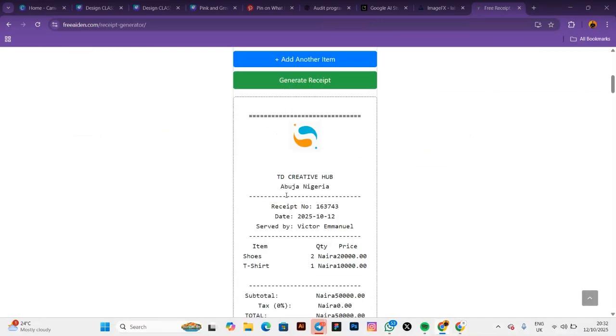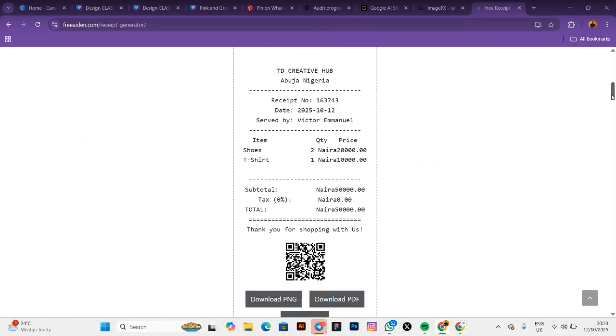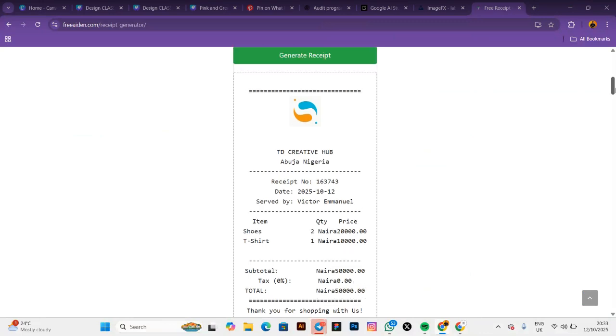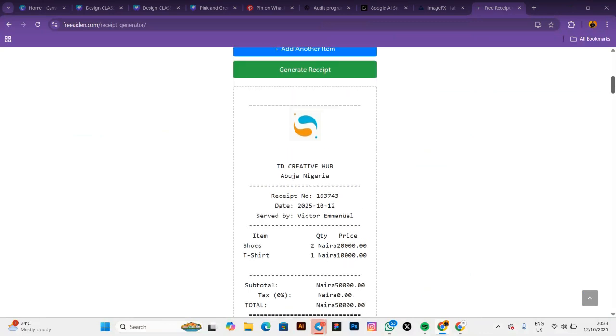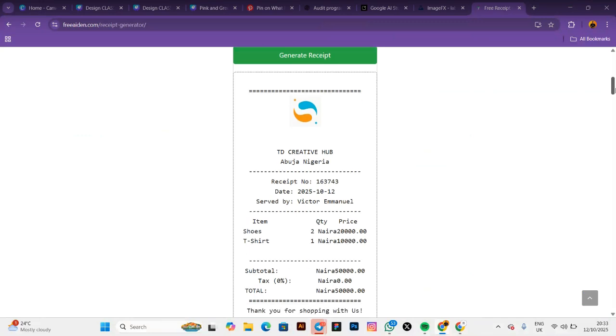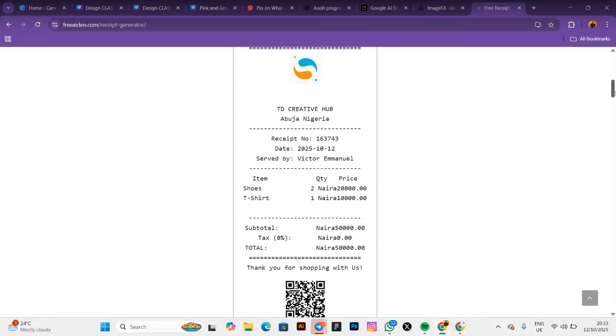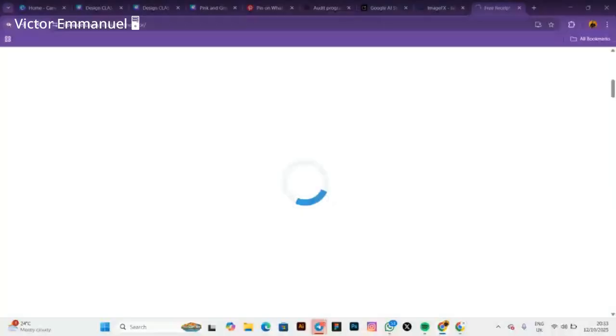Generate receipt. Now you can see that logo here at the top. So it gives me a very unique and authentic logo that looks presentable and shows that I am legit, I am trustworthy. So with this, I can sell and also present my business in a professional way, right? So that's the beauty about this software, this AI model, right? So there are a lot of things you can do with this